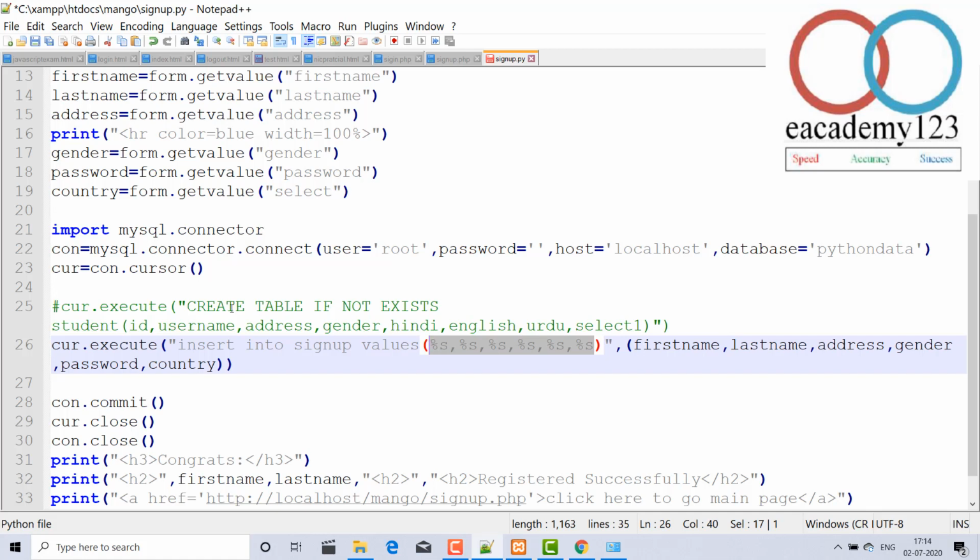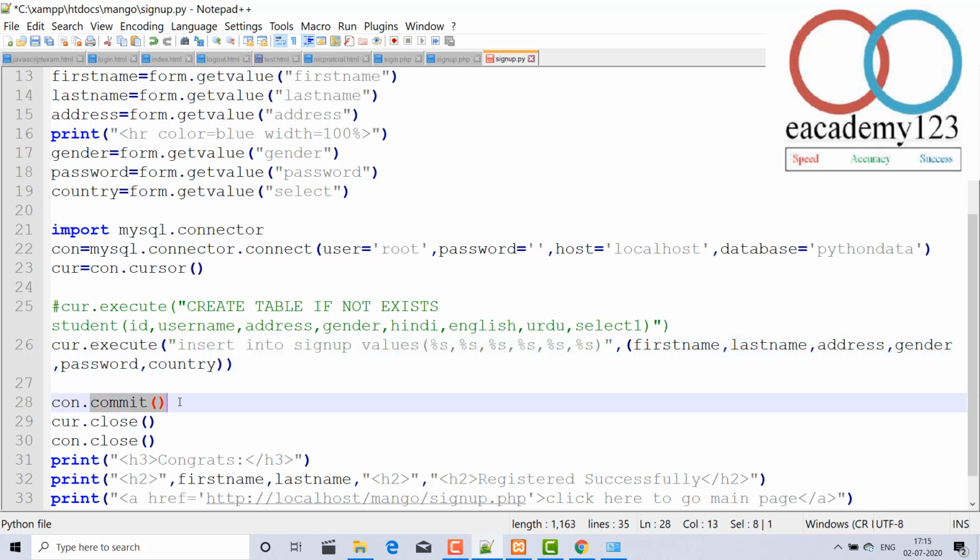So it will come, and if you automate it, then I have made it execute create table if not exists, and if the table does not exist, the table will be created, but I will show you manually how to do it. And the values: first name, gender, password, and countries, with commas. Here we are executing two queries with their variable names, and commit performs those queries.